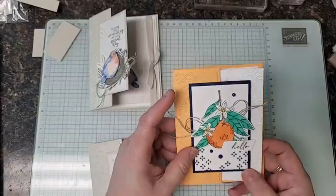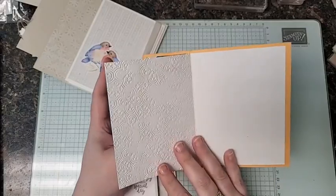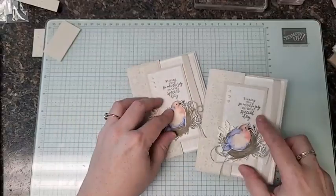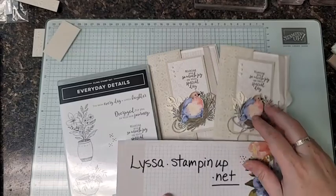She did a really cute job with the Mediterranean Blooms stamp set, papers, dies. This is even an embossing folder back here. Really great card. So thanks for the idea, Christina. I really appreciate that. And there's my version. And again, that was the Everyday Details stamp set, the Country Woods paper, and all of it is available at